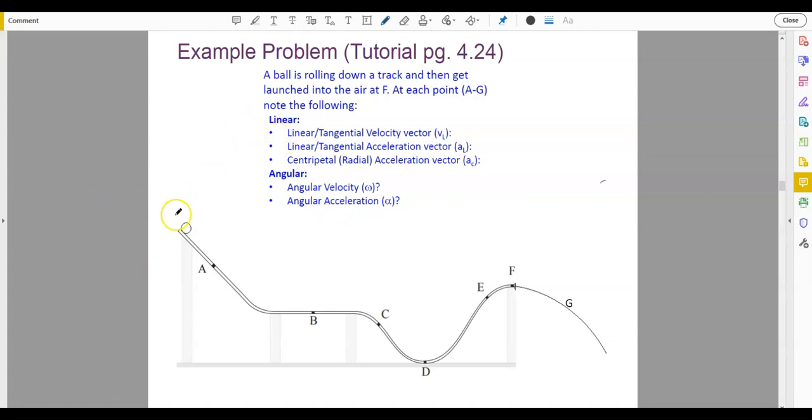Okay, well here we go. We've got this wheel, and it's going to be rotating, and it looks like it's going to be moving down this track, and it's not a frictionless track. There is going to be static friction, so the wheel can rotate. And then when it gets launched in the air, then the wheel's going to be rotating without friction, but it'll have sped up to some point there. Anyways, for this object to be rolling down this track and moving to the right, it looks like it's going to have to